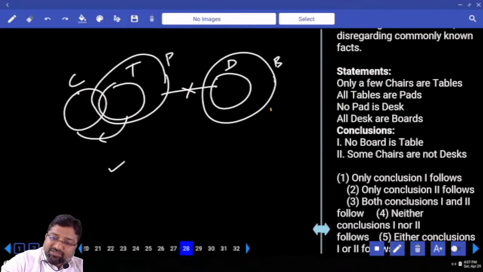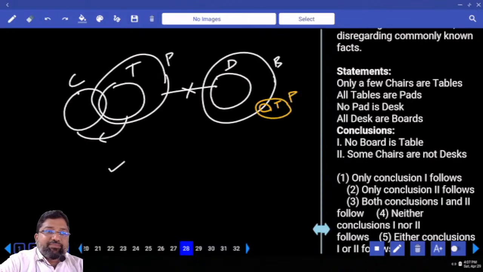For doubt, I'll draw T like this, small. Around T there should be P. And there should not be any relationship between P and D. Did I commit any mistake? No. Can you draw the alternate diagram? Yes. When you can draw the alternate diagram, this is wrong. Is this clear? What is the next one?